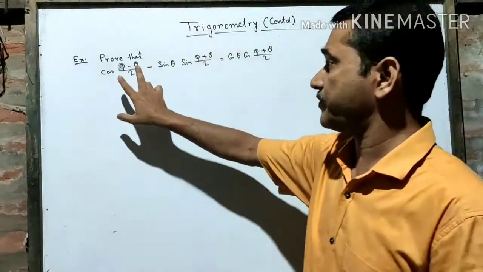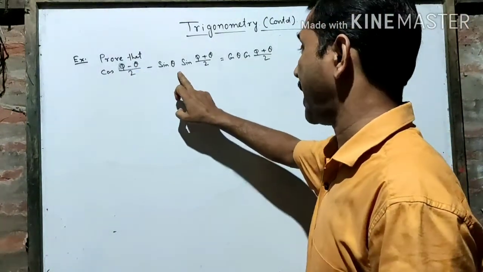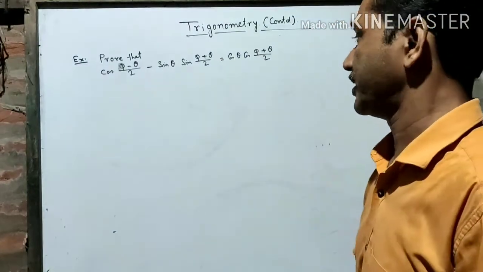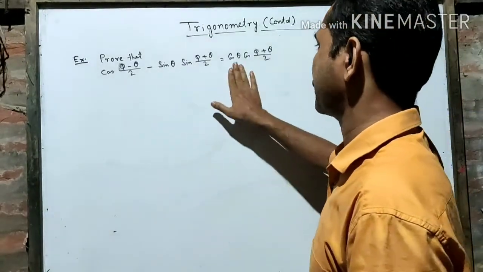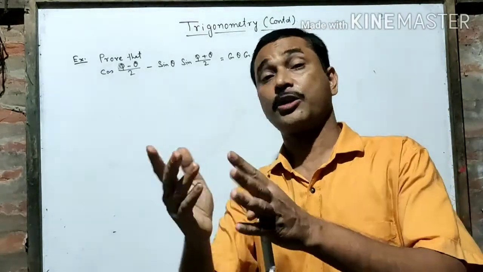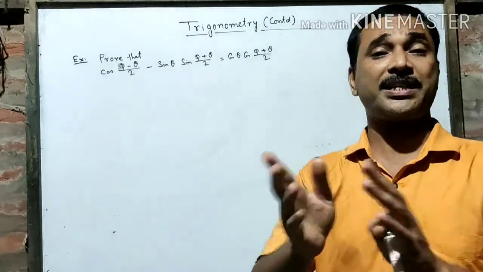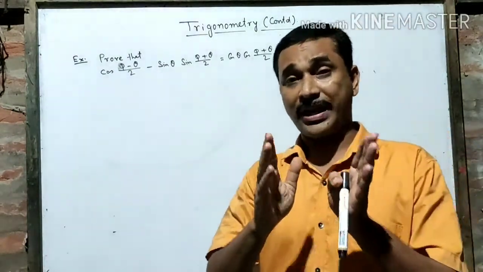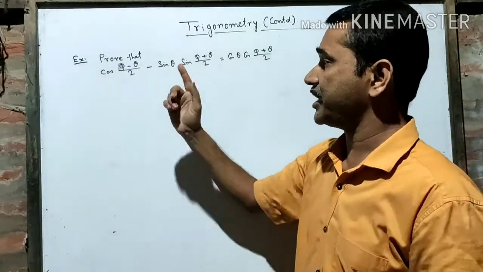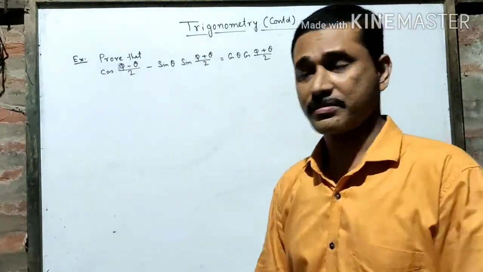There are three angles: phi minus theta by 2, theta, phi plus theta by 2. Okay? Three angles are there. And the structure is sin, cos, cos. Where do we get sin, cos, cos? It's the cosine formula: cos of a plus b, cos of a minus b. There we get sin, cos, cos. Now, is there any relation between these three angles?